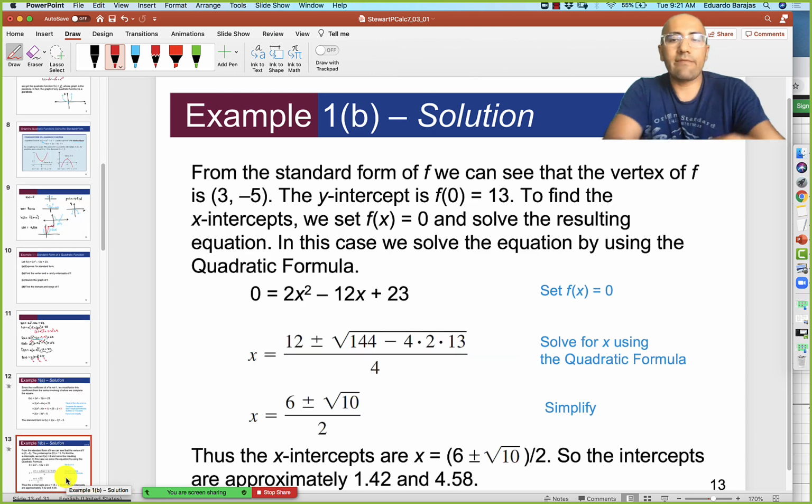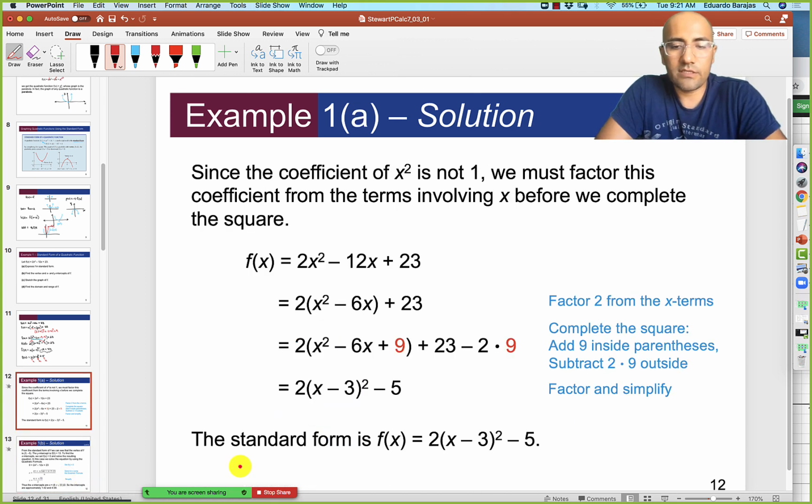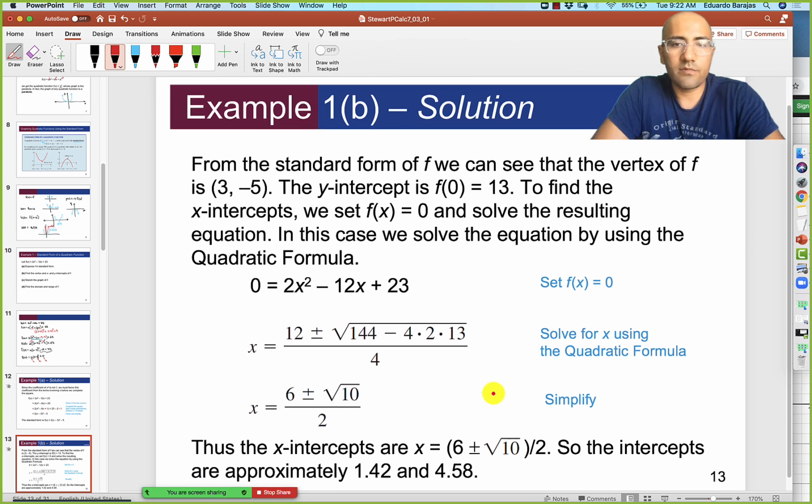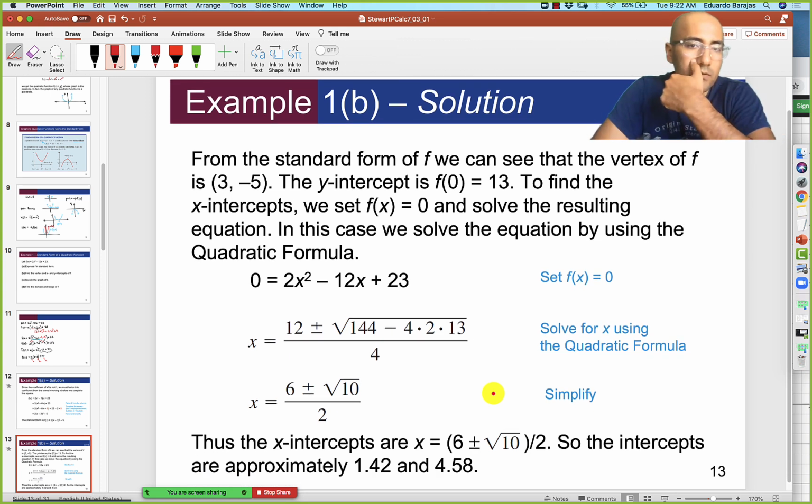Okay. Once we have it in this standard vertex form, then as we saw, we can do a pretty good rough sketch of how to graph it. And if we go back to the original standard polynomial form, we can find when this function equals 0. We can set it equal to 0 and solve. Now, from the standard form of f, we can see that the vertex of f is equal to this, with y-intercept equal to 13. To find the x-intercepts,